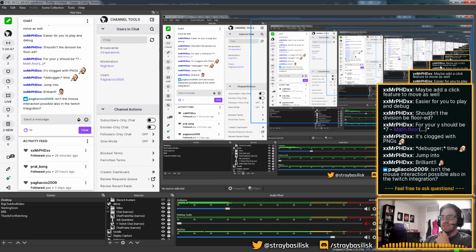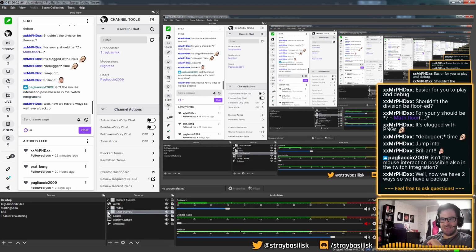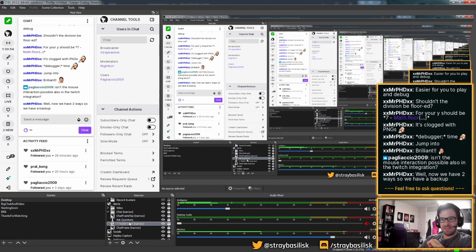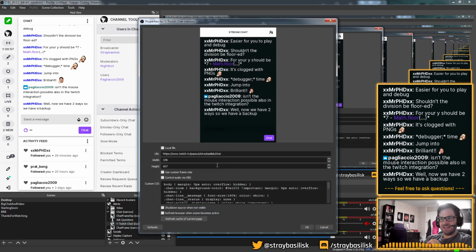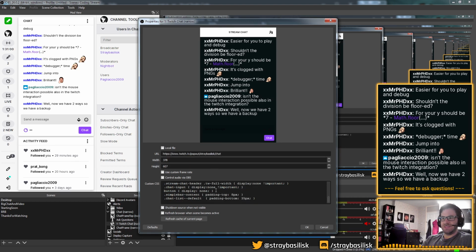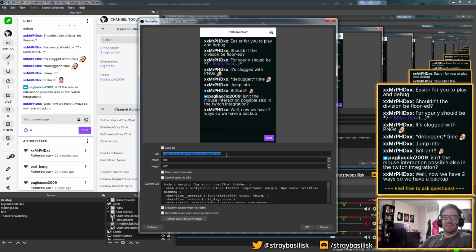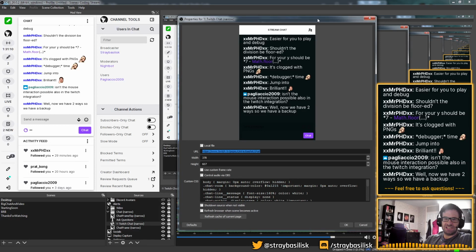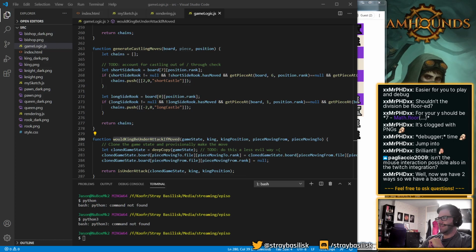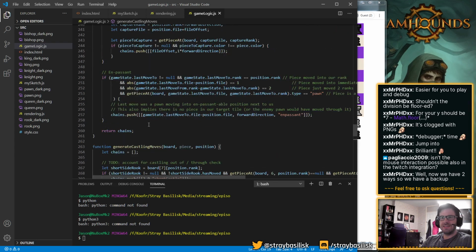And the idea then is that other people could, because if I look at the way this works, OBS is pretty amazing, to be honest. If I look at the Twitch chat, all it is is a URL for my chat and then some CSS. So people could hit a URL for the chess bot, and it would just be embedded in here, and all the logic would hook into their chat and stuff like that. That's kind of the idea here. Yeah, the clicking is actually very nice for testing, and it makes it a pretty playable two-player game just on your own.